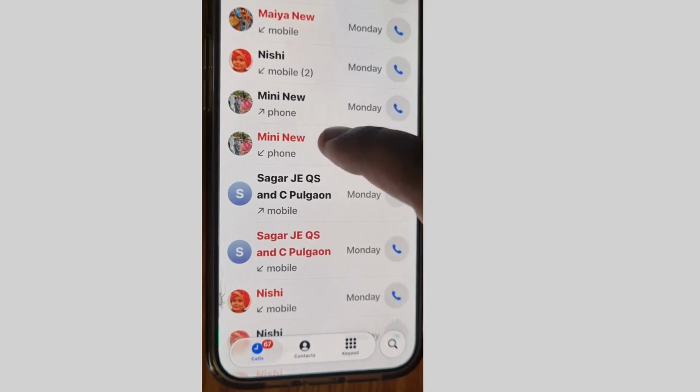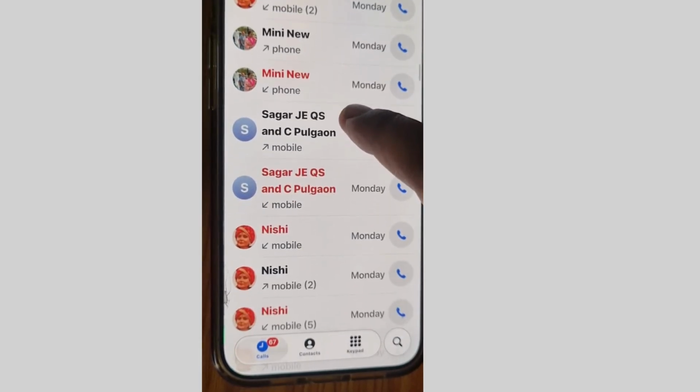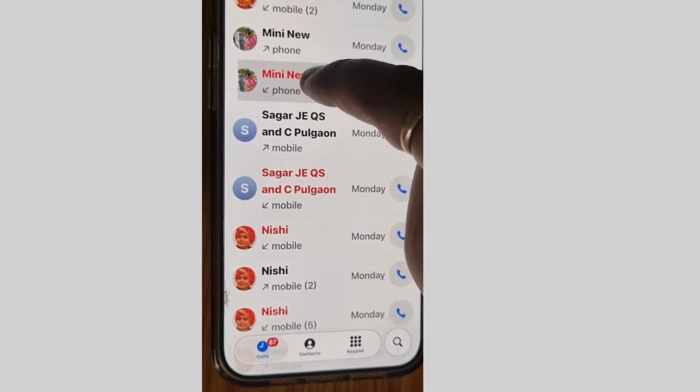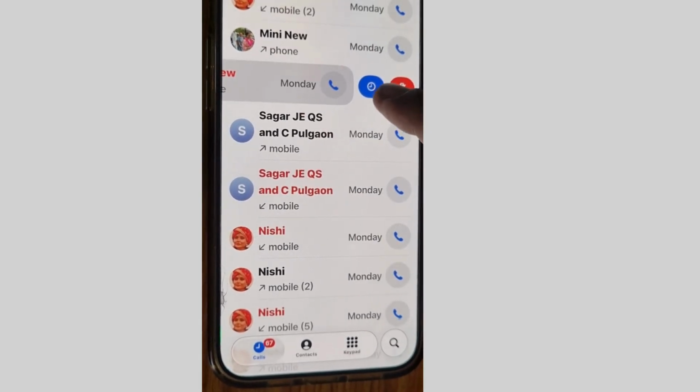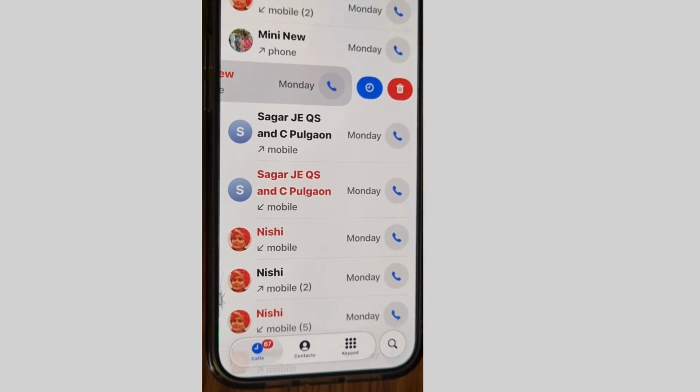slightly slide left side, and a blue icon will appear. Simply tap on this blue icon